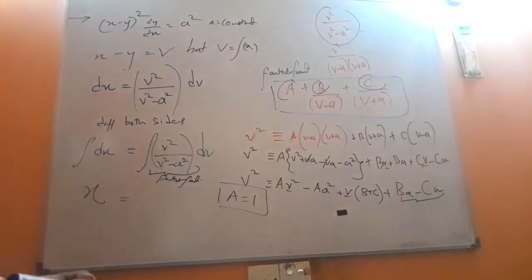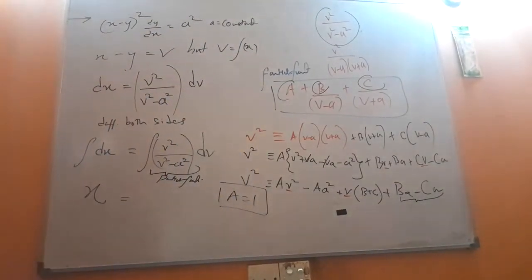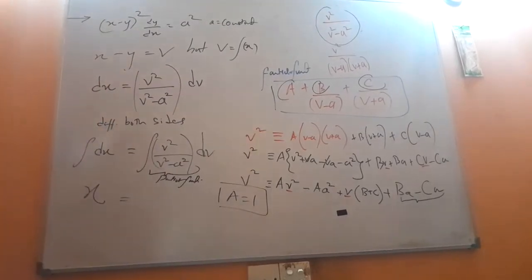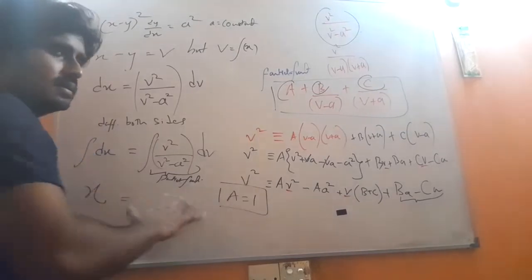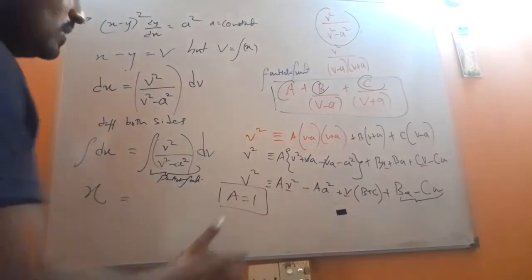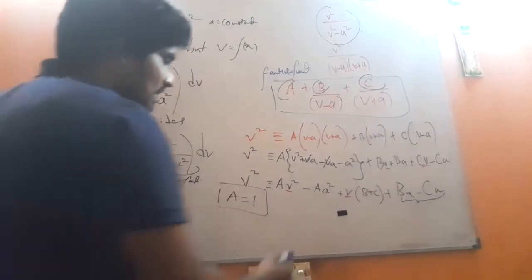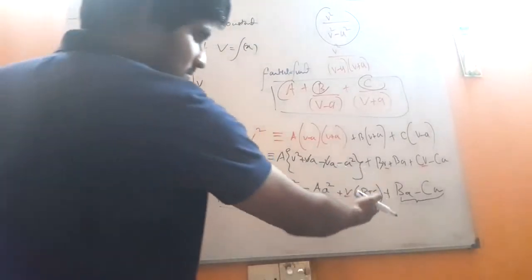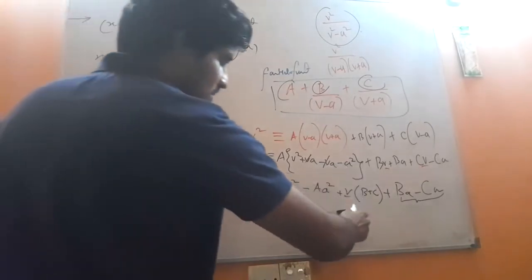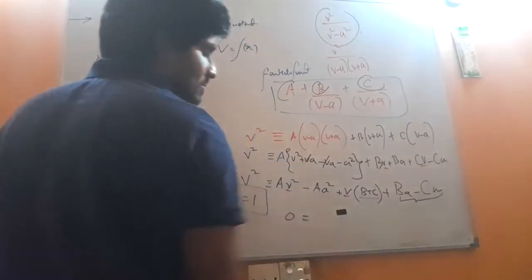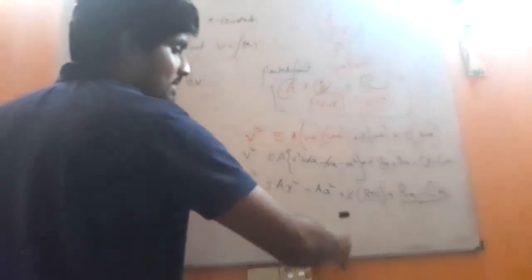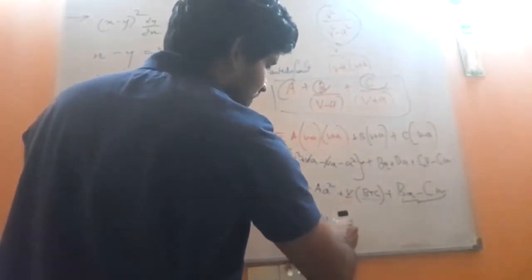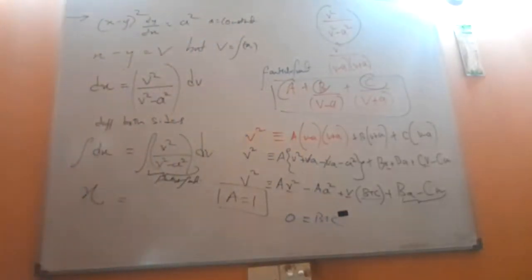And let's look here. Here there is no v coefficient, so that means on this side there are no v terms. So the coefficient of v from this side is 0. Then what is the coefficient of v from here? B plus c. Look here, the coefficient of the v term on this side, which is the right hand side, is b plus c. That means 0 equals b plus c. Hope the board is clear.